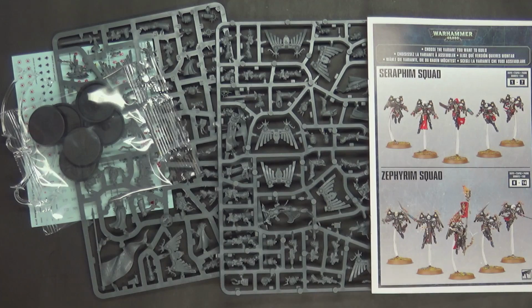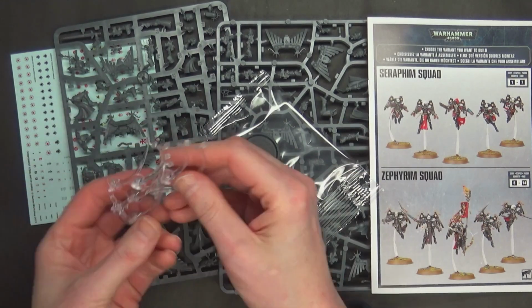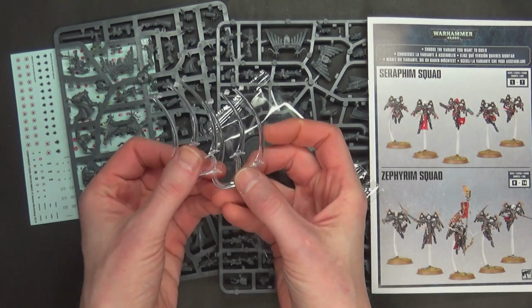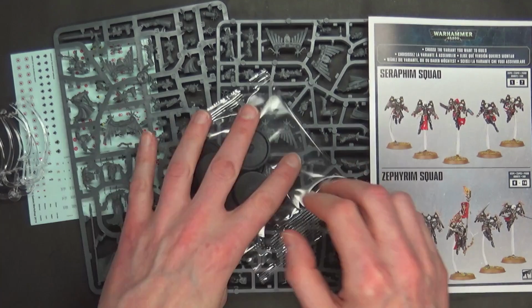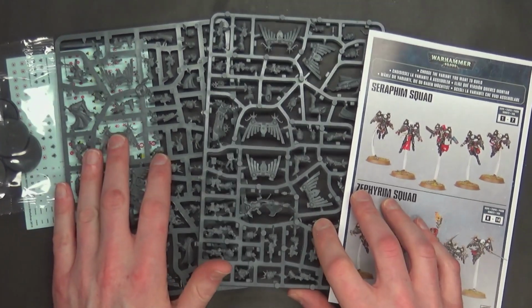Here's the breakdown of the contents of the box. You're going to get 2 sprues. They're not identical, which is nice. Some bases and 6 flying stands right here. You only need 5, so it's fielder's choice on which sizes you want to go with. There's some smaller ones and some larger ones. It kind of varies. I've magnetized those, and I think we did a video on how to,